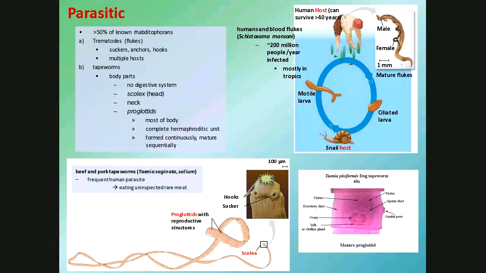Now, how do the larvae get out of the host? Well, the host defecates. And in areas of the world where they grew rice in these rice paddies, at least historically, many times the fertilizer that was used was human excrement. So that's how the cycle was repeated. The ciliated larvae would then infect a host like a snail.